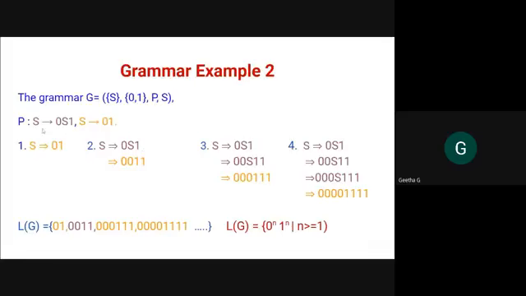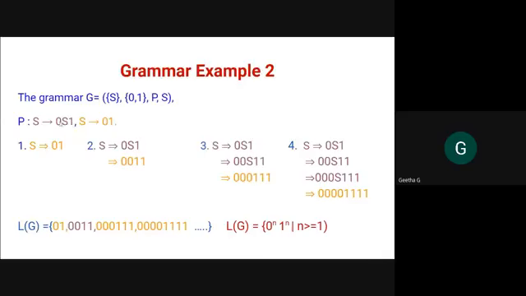And the production rules. See here, please listen. The first production rule is S rewritten as 0S1. Again it will have an S, so you can keep on substituting this production for S recursively. The second production is a terminal production. You have to remember that a grammar will always have a terminal production rule. It means that somewhere it has to stop. Without non-terminals on the right side, one production rule should be there. Then only it is able to generate strings.